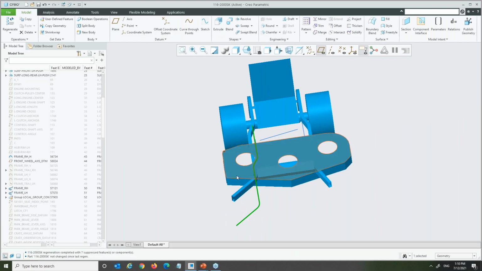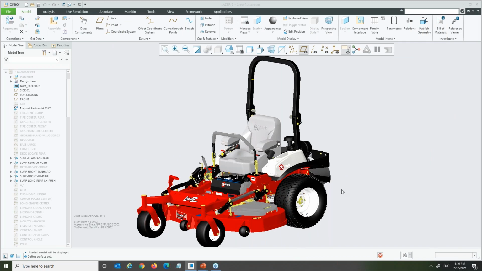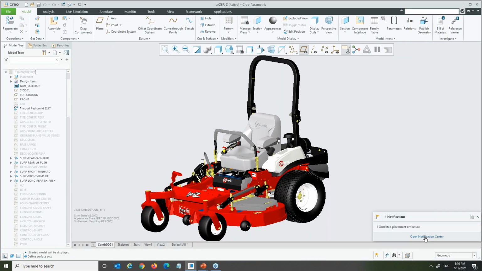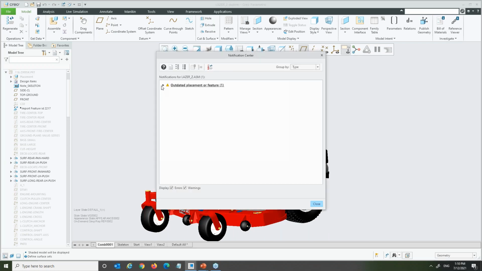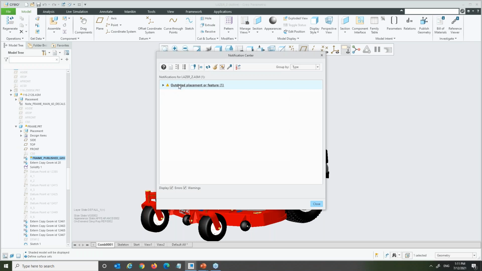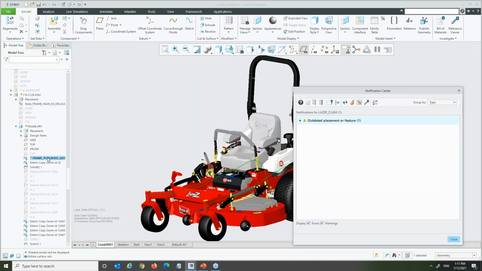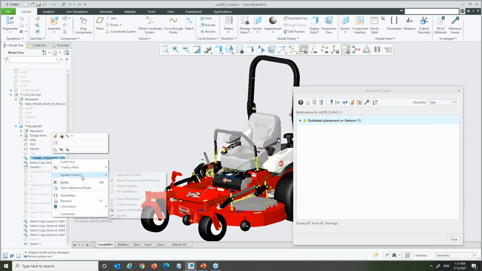As soon as I update the information here and then come to the top level assembly, you can see the system gives me instant information that something has changed in my design and I need to manually update it. Simply looking at my reference, the system will jump to where it needs to be updated. And you can see this icon here that tells me the frame copy geometry needs to be published. Again, I have the flexibility rather than a direct update control here.